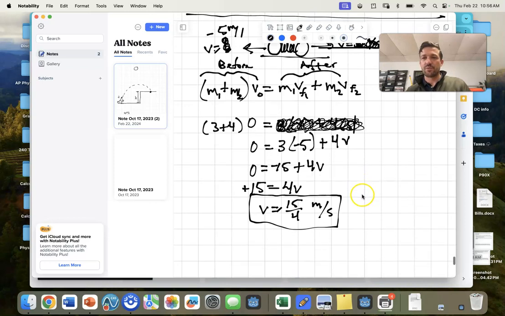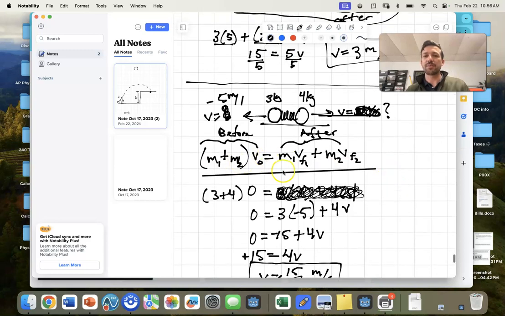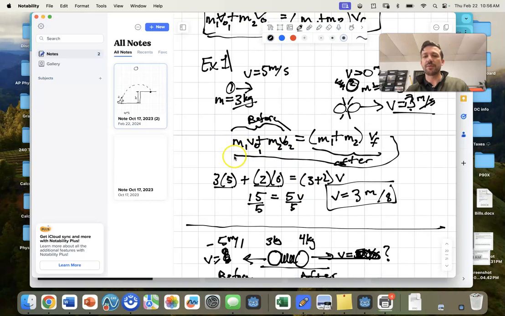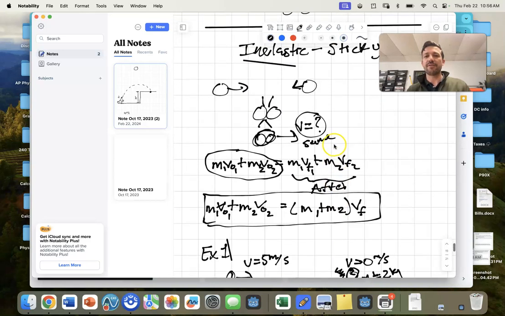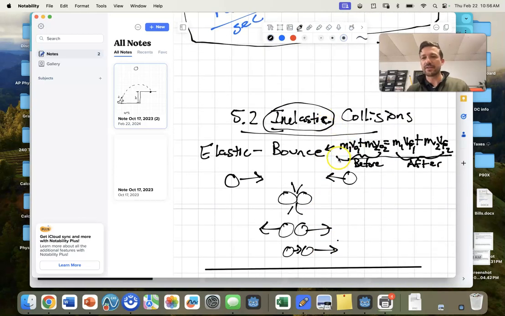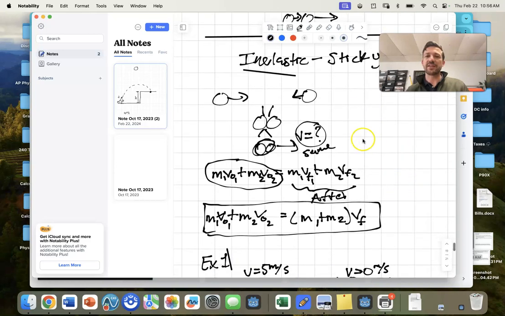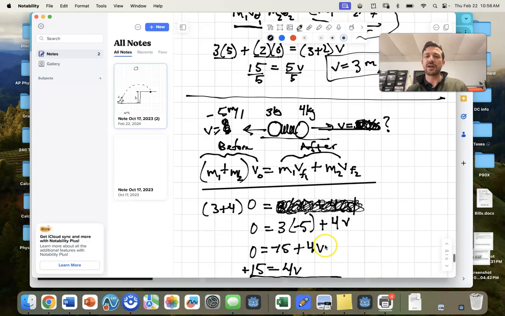So notice, we now have 3 formulas. We have the explosion formula, where they're stuck together at the beginning. You have the bouncy formula, the sticky formula, where they're separated at the start, but then stick together at the end. And then you have the elastic formula, which is they bounce off of each other, and they have their own momentum at the beginning and afterwards. Okay, so today on the worksheet you should mostly just be seeing the sticky stuff and the explosion stuff,